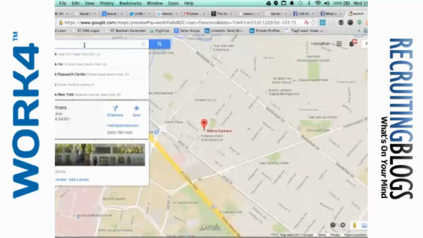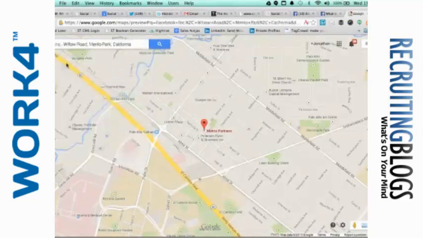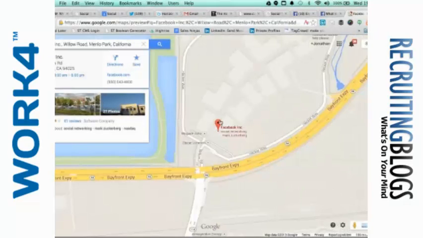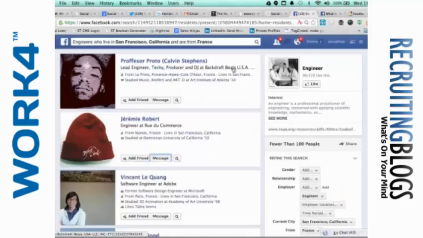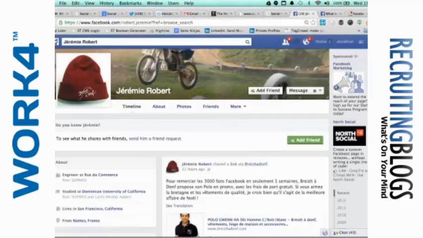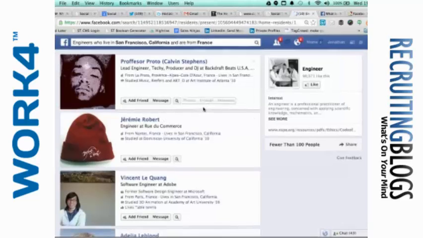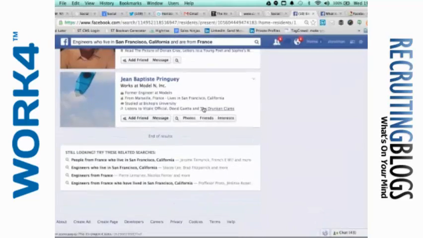So if I look for Facebook in California, again, you'll find Facebook Inc., you'll find the company, you'll find the phone number. So easy to find all this stuff and find phone numbers for people, right? Not the end of the world. But also, if I look up this guy's engineering profile, or let me go back a second and say engineers who live in San Francisco and are from France, right? So if I open up